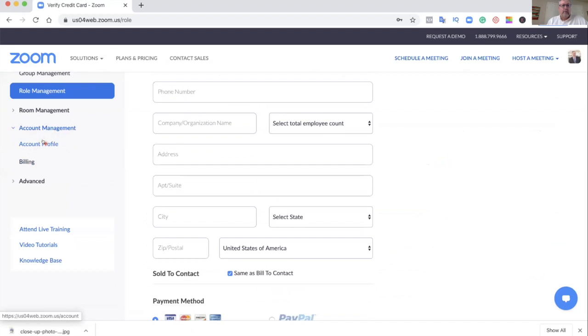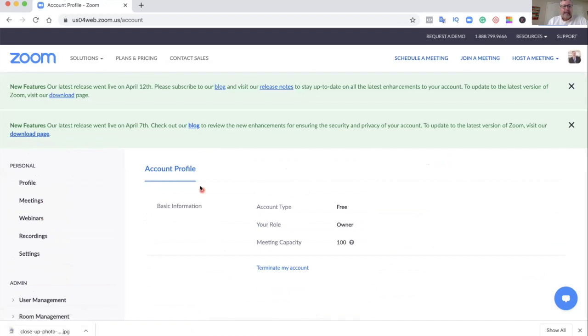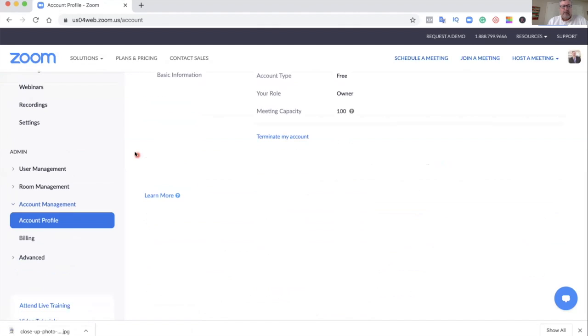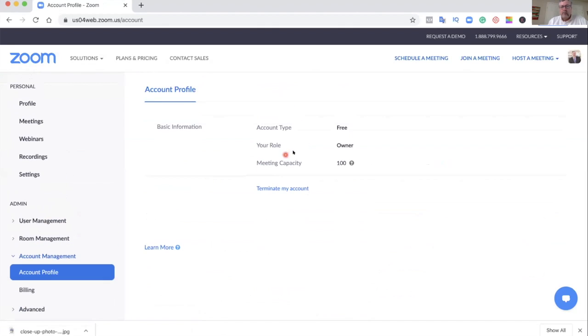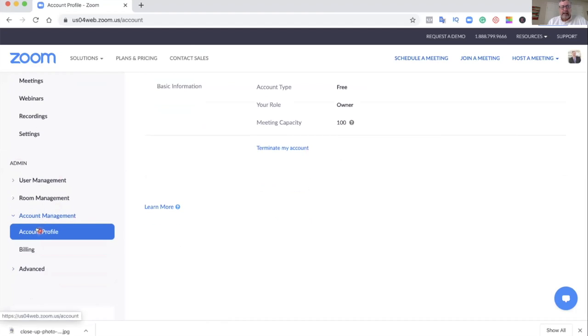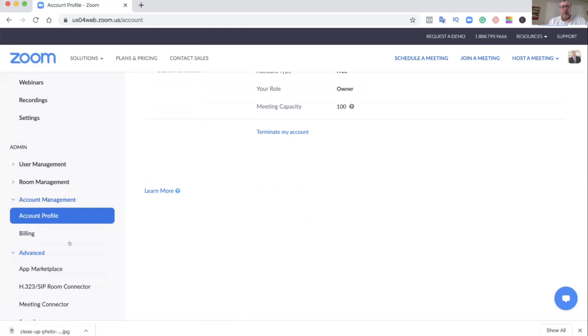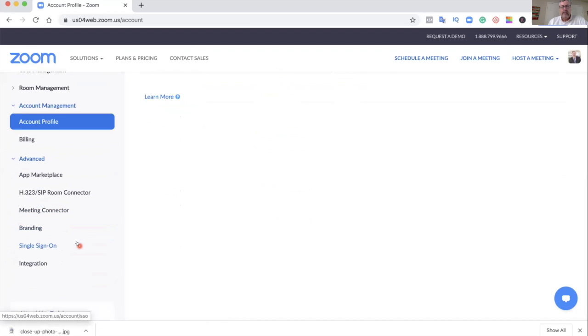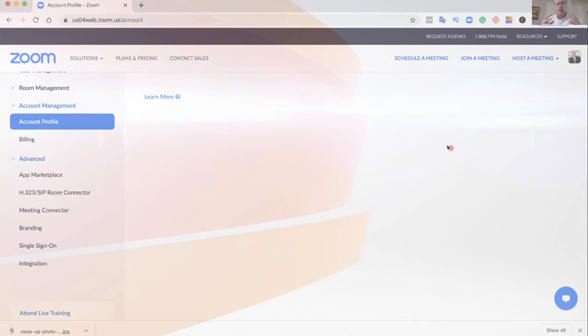Yes, okay, account profile. In your account profile, it's also in your profile, but if you needed to change your account type, this will show what if you're concerned about your account type that you have, this is where you'd come down. So under admin, account management, account profile, that's where you're going to see your additional settings. Okay. So that's really, in a nutshell, setting up the account with the correct settings so that you can control your meeting at a